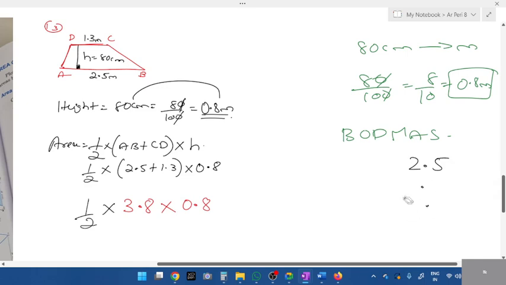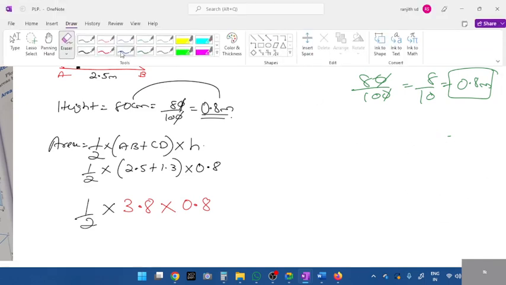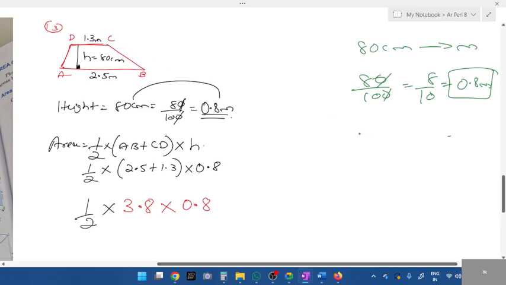Then how do you multiply them? Which two do I have to multiply? Which two things do I have to multiply? Think and answer. Okay, what have I told you in multiplication? Remove the decimal and zero. Just take the numbers. What are the numbers? 38 and 8. How do you multiply this? Be quick. 8 8s are